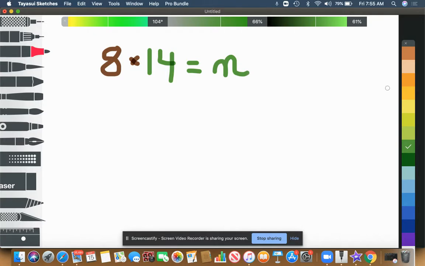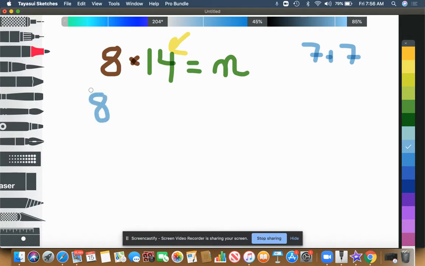All right, guys, the next step, I'm going to go ahead and do this 14. I don't like multiplying by 14s because that's kind of a big, awkward number. So what I'm going to do instead is think about what factors I can split 14 into to make this problem easier for me. All right. So instead of doing 8 times 14, I know that 7 plus 7 equals 14. So I'm going to go ahead and multiply 8 times 7. So I'm using kind of the distributive property, but I guess it would also be considered doubling. So I'm going to be using 8 times 7 plus